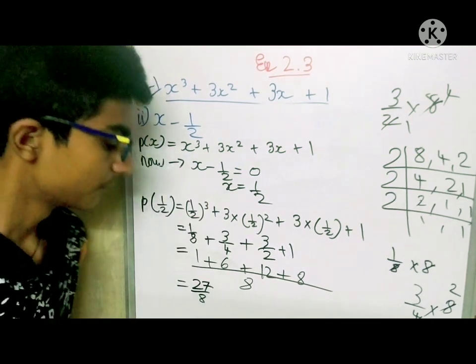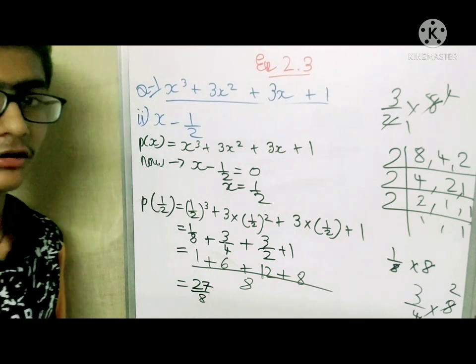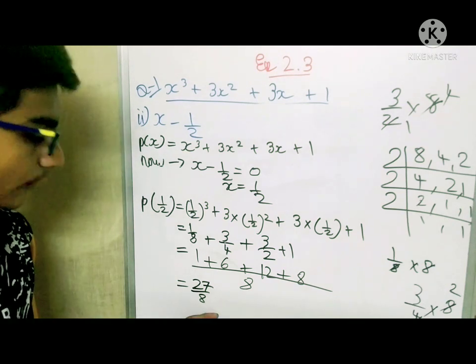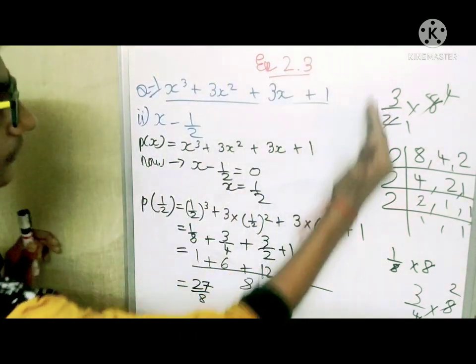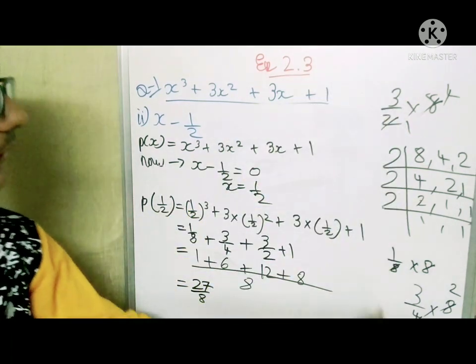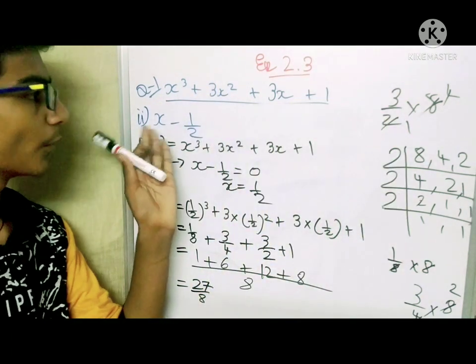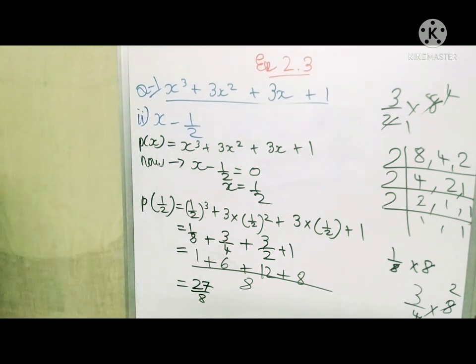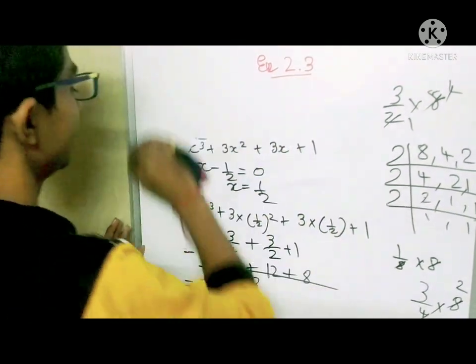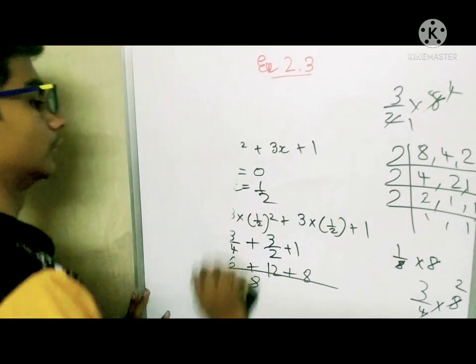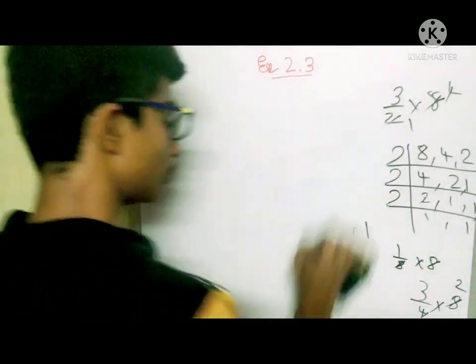And here it is solved, because 27 upon 8 cannot be reduced further. So this is the answer, only this much part, that's rough work. This is the answer of part 2 of question number 1. So question number 1 of exercise 2.3 is also completed, and we are going to begin with question number 2 of exercise